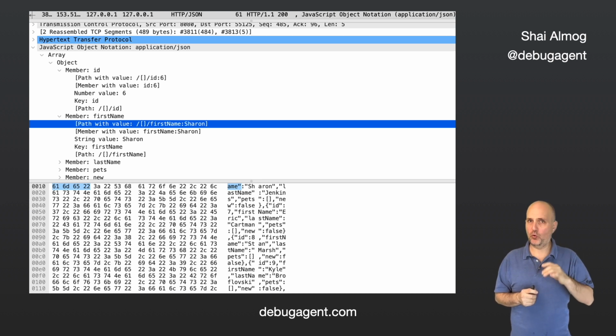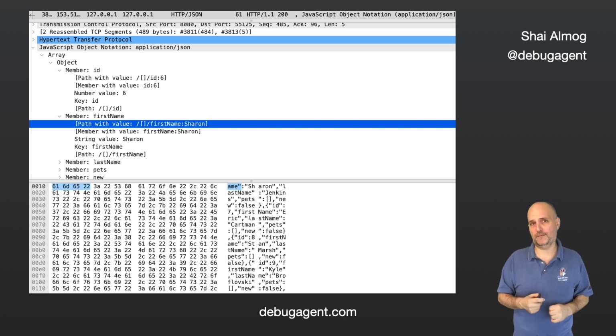In the bottom left corner, you can see the hexadecimal values returned from the server. On the right, you can see the matching ASCII or UTF-8 characters matching the hex. This is readable, but might be a bit unpleasant for developers that aren't accustomed to debugging network traffic.